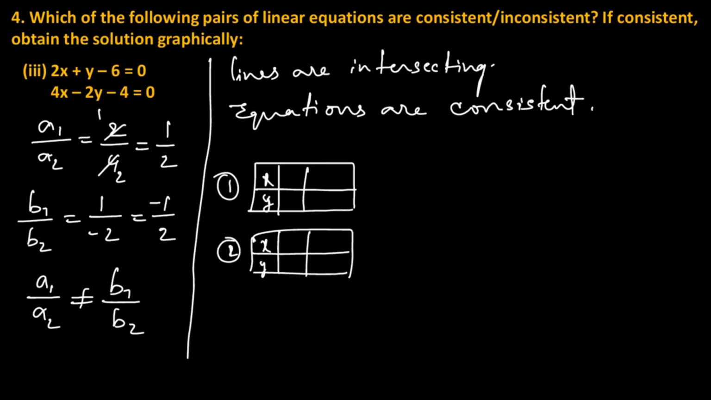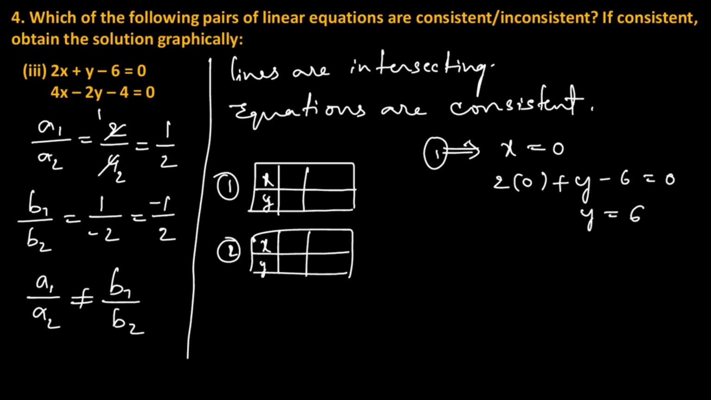when x is equal to 0, for the first equation, 2 into 0 plus y minus 6 is equal to 0, so y is equal to 6. So when x is equal to 0, y value is 6. Then,